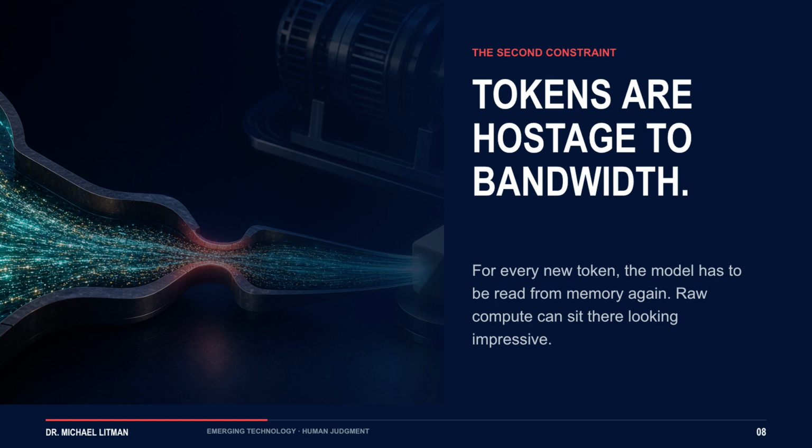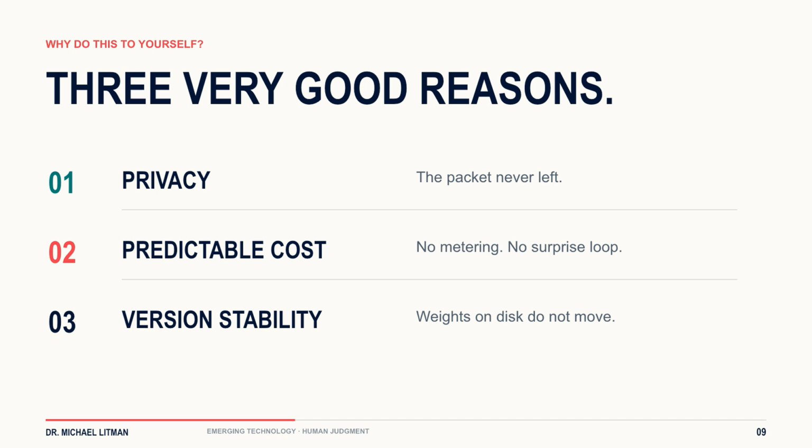And there's a second thing nobody tells you. Speed on local isn't mostly about how fast your chip does math. When the model is generating tokens one at a time, it has to read the entire model out of memory for every single token. Every token. So your tokens per second is basically a hostage to your memory bandwidth, not your raw compute. Which is why somebody with a fancy new chip gets mediocre generation speed and is standing there like, but the benchmarks. Yeah, the benchmarks were measuring a different bottleneck, my guy. Make sense?